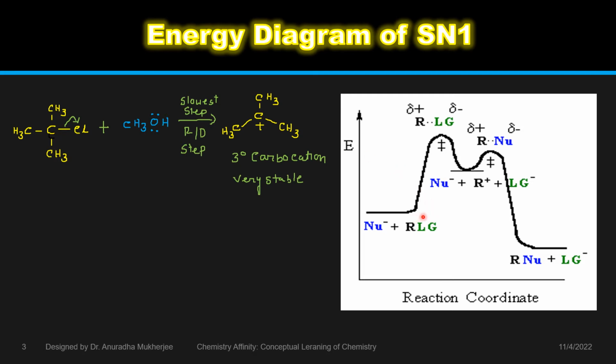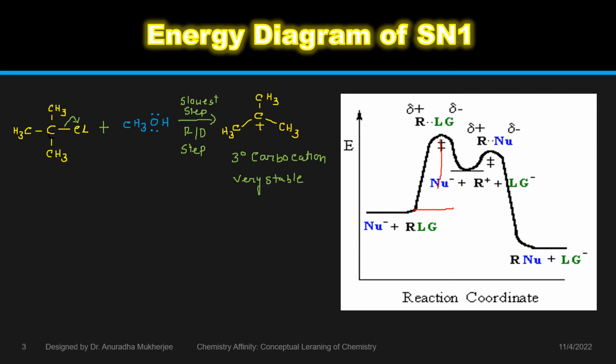Now we have to supply the amount of energy which is needed to break this carbon-chlorine bond. So this is the energy which is needed to break this carbon-chlorine bond, and it is called the activation energy of this reaction. So this is the first activation energy of the reaction